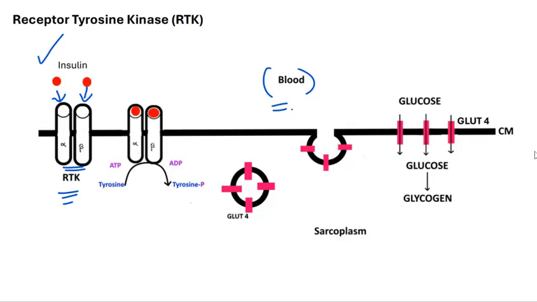Once they're in this form, with the insulins on the receptor sites, this activates the transformation of tyrosine into the phosphorylated tyrosine on this side here. And that's tyrosine, which is actually part of the RTK